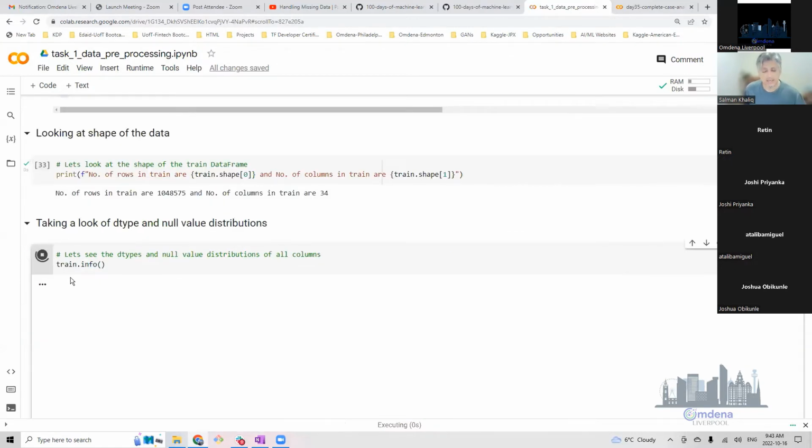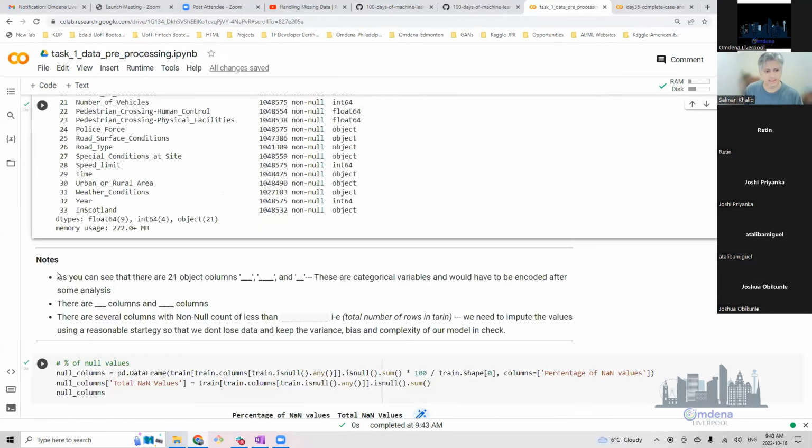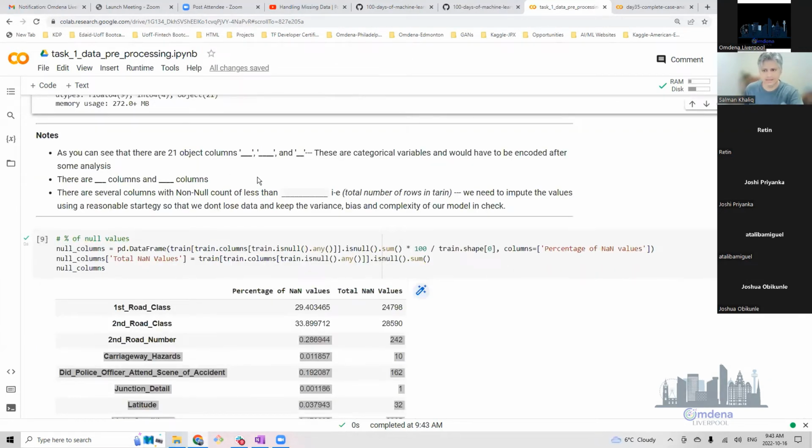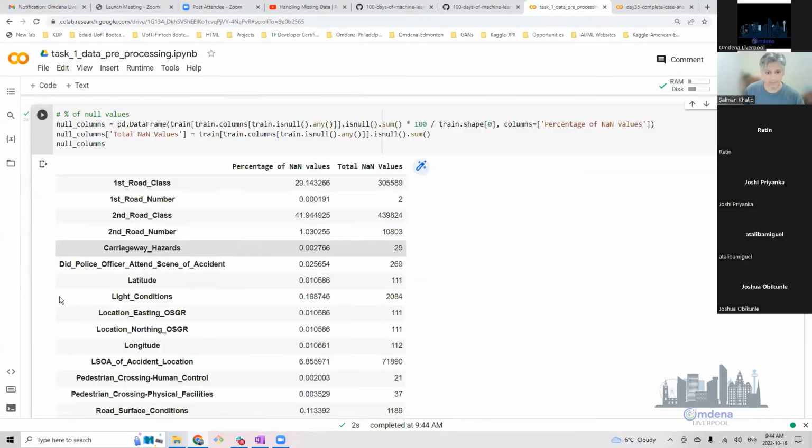Looking at the data type and null values, I'm not going to talk about these again. I'm just quickly running my code so that I can get to the steps where I'm applying the missing value handling strategy. Then I will look at the null value columns. This is important now. You can see that this particular column and this particular column have about 29% and 41% data missing. But the rest of the others, this one has only 2 values missing. This one has 1%. This one has 0.2%,